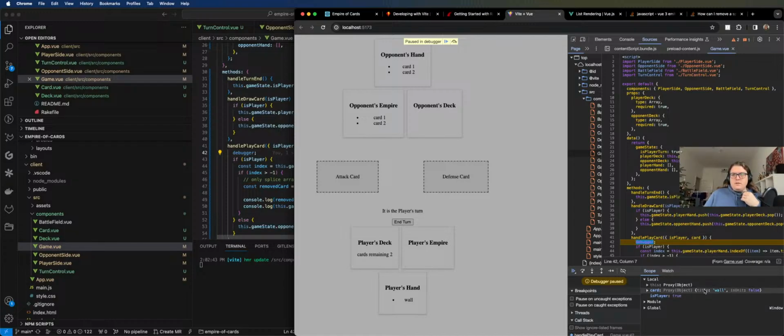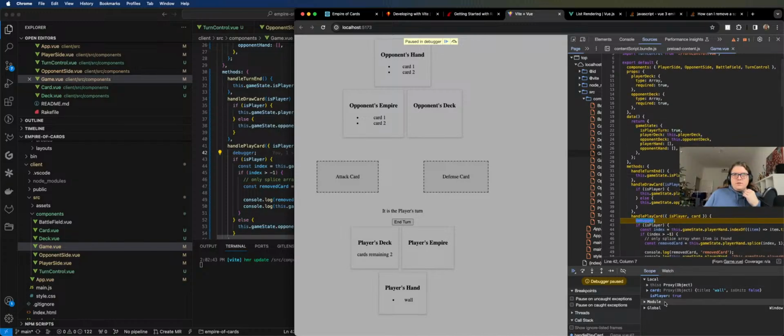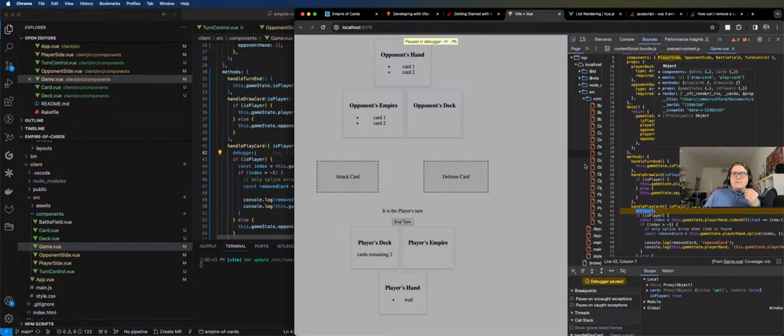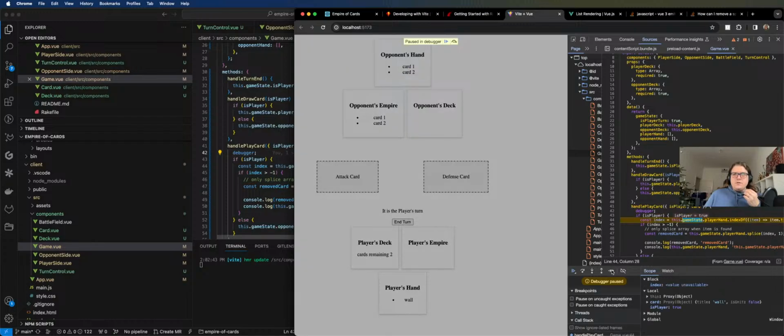It has a title and it has is unit, right? So we also get player is true. So then we check, is this the player? So we can step through this line by line. So if it's the player, which is true, then we get the index. Once we have the index, which is -1,